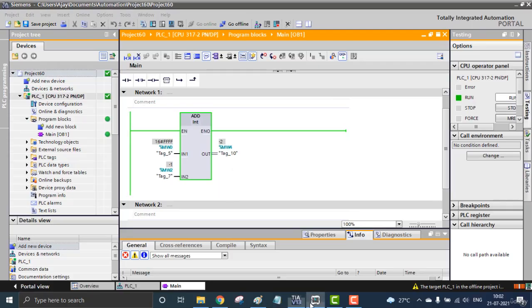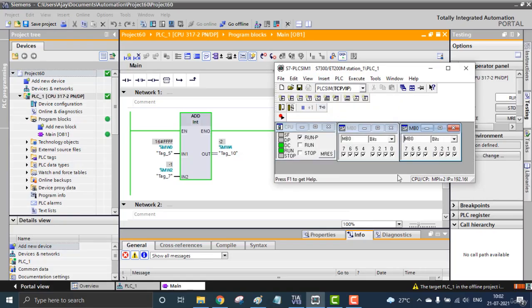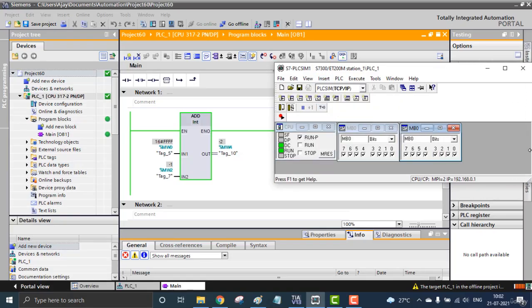So now we are at the runtime, and you can see I'm going to add mw0 and mw2. Insert memory variables, bit memory 1, bit memory 2, and also another bit memory 3. So everything will be in mw0, and here also mw0, and mw2 here, and the result will be stored in mw4.